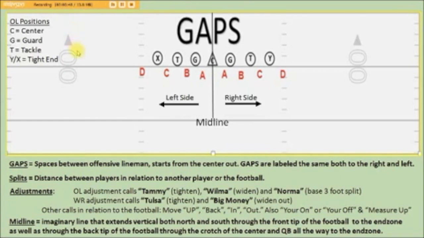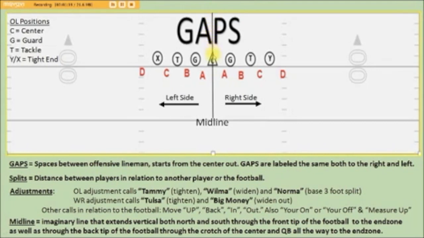Okay, starting with the positions. The C here stands for center, G's are the guards, tackles, X and Y are tight end or receivers. This is not a formation necessarily that we use, but this is the basics to teach you guys about gaps and splits. So basically we have this line here that's called the midline, and you'll see here it